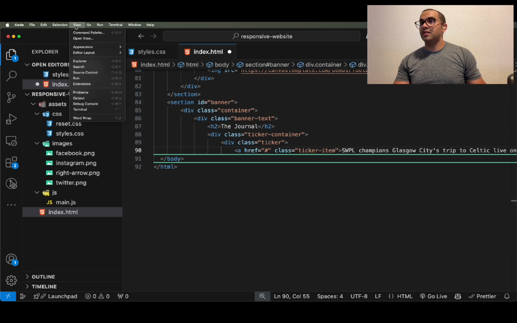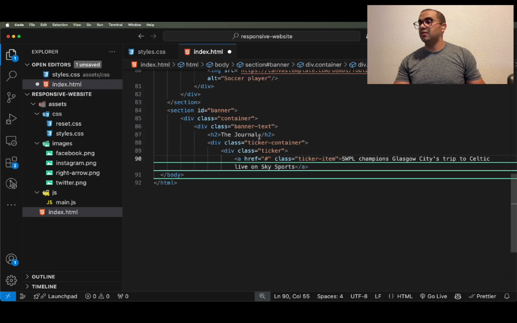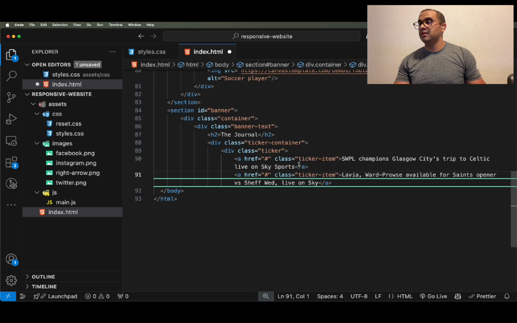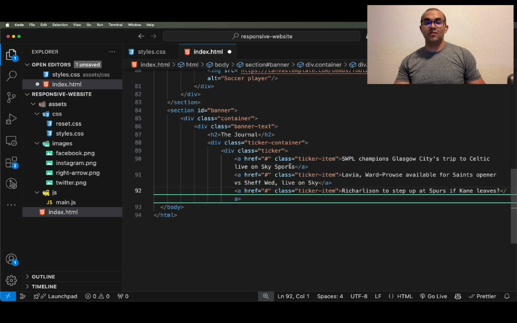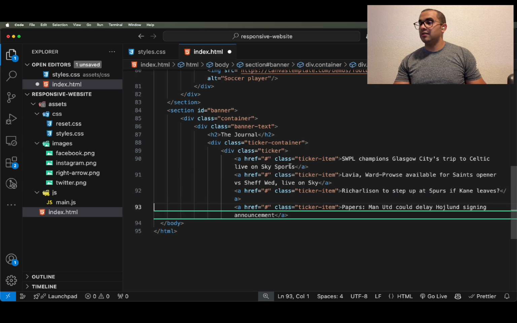Let's wrap this so you can view it all. Word wrap. And I'm going to keep adding the rest of the anchor tags. Another one with the class and text. The third one. I think those are all we need. Let's look at our